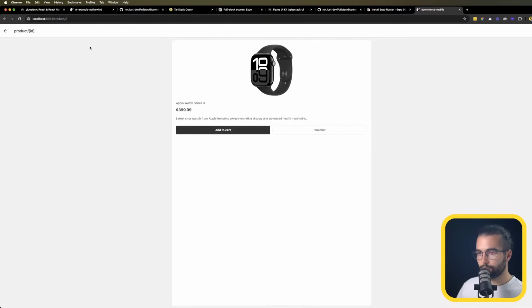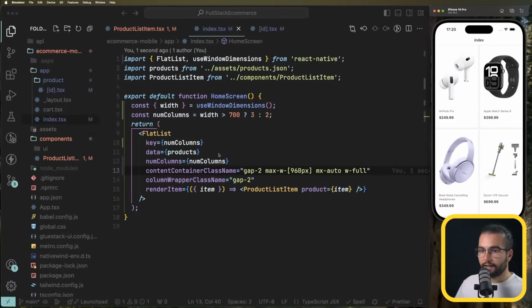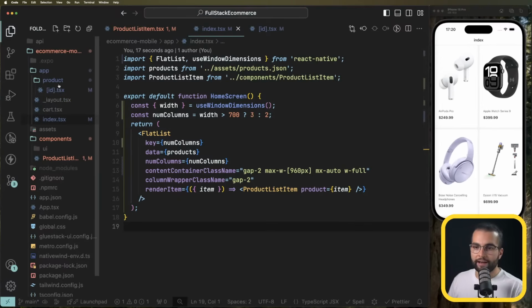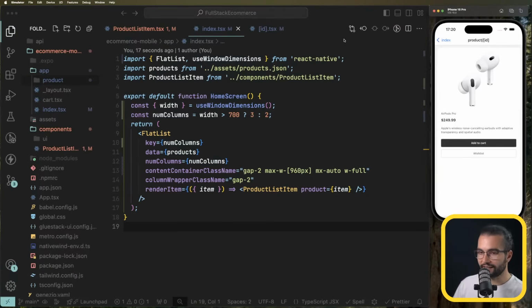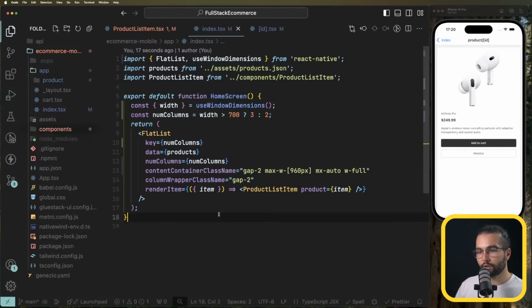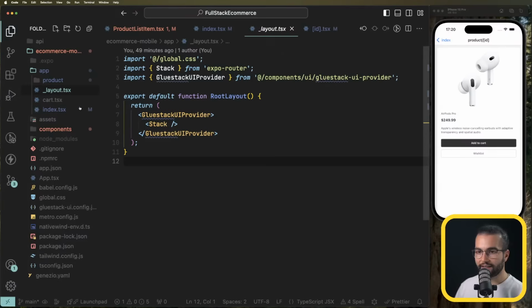We go here, boom, boom, boom. Nice, really love it. And before we move on, another small detail but quite important is about the titles of our screens, because now we see index, and on the details it's product/ID. That's because by default Expo Router will take the name of that file and add it as the header. We can adjust that by going to the root layout and expanding the Stack